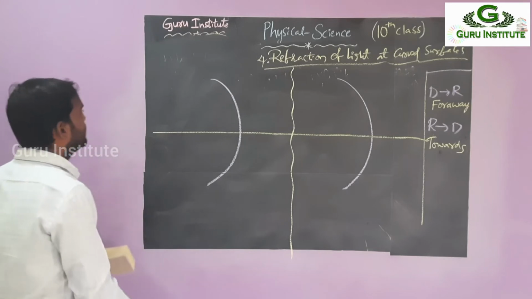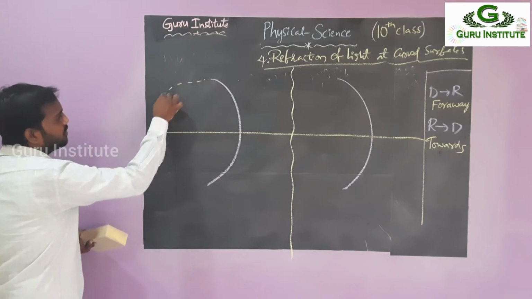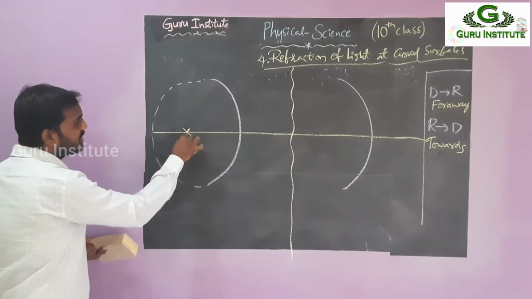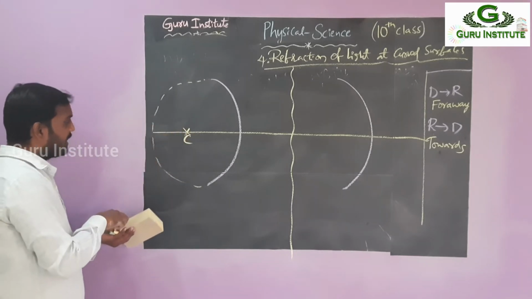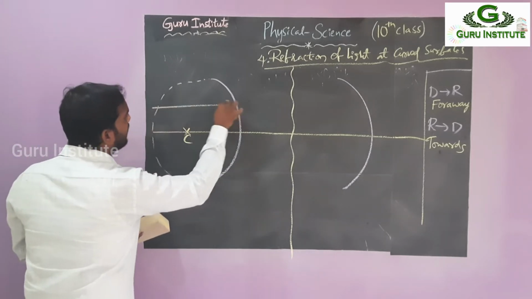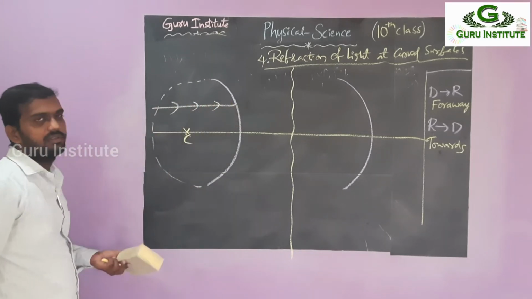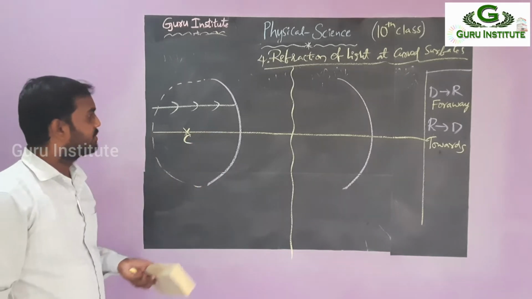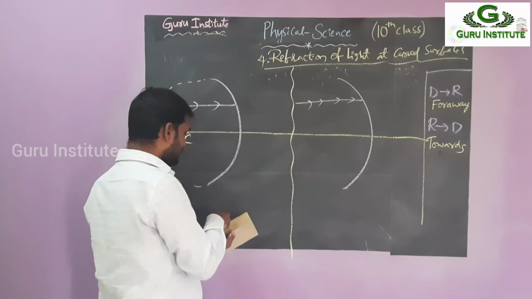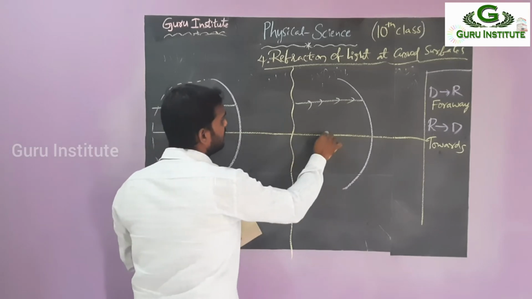Right. Next. What is that? If you continue to extend this one, this is a sphere shape. So where is the center of curvature? Here is the center of curvature. Okay. I am taking ray lines from here only. In the previous we took the convex shape set. So here I am taking a ray line. Again taking the center of curvature. For this also the center of curvature is here only.